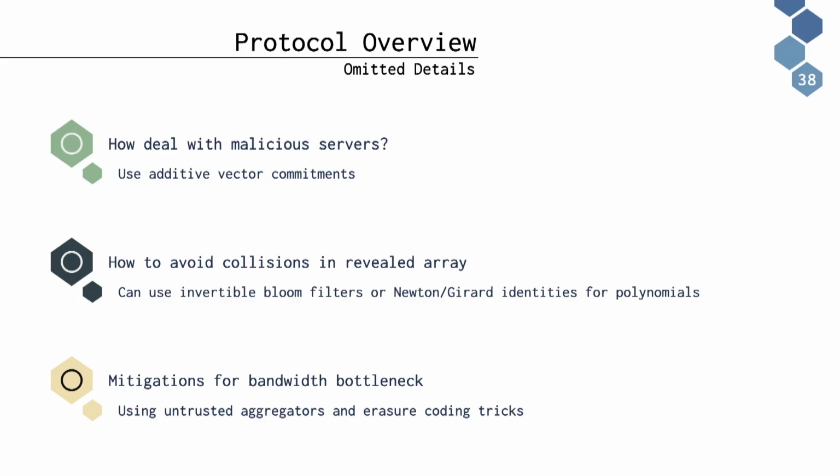And for now, I just said, well, the parties individually place their message in a random location in the array. Messages might collide, and at that point I compute their sum, so it's not clear how I extract the message. But it turns out there's various ways to deal with this, with different trade-offs in terms of how fast I do the encoding into an array, and how big the array needs to be compared to the number of clients. So one approach is to use something called invertible Bloom lookup tables or filters. Another one is to use something called Newton-Girard identities for polynomials.